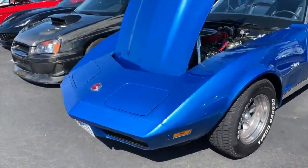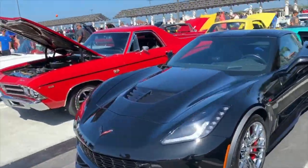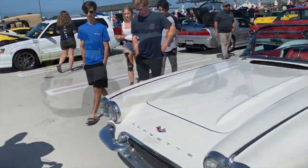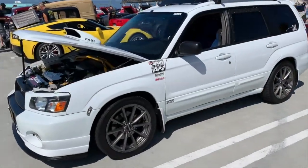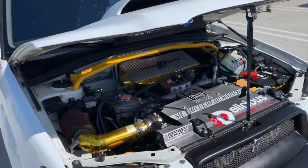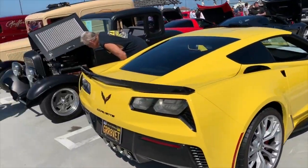Lotus, Stingray, WRX, lots of carbon fiber on the front of that thing. C7, El Camino, and then Corvette, Forester GT. So this had a lot of the go-fast bits out of the WRX at the time. This has had obviously a lot more done to it, but really cool to see. C7,